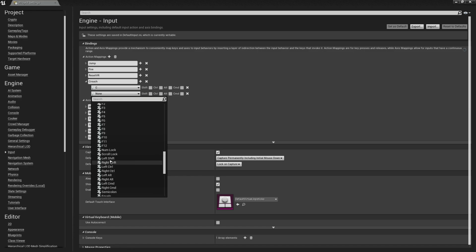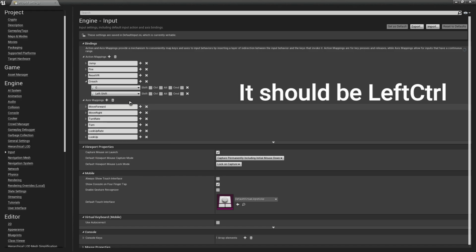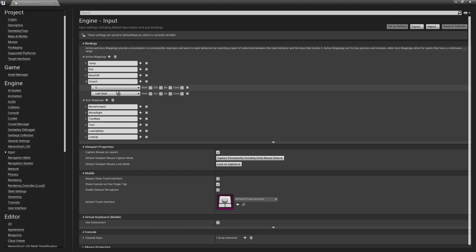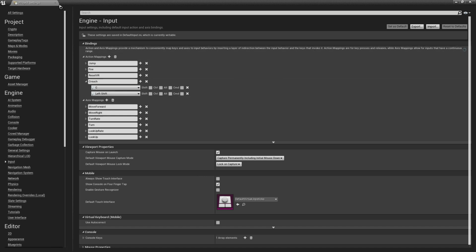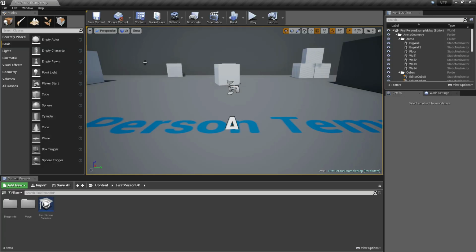So here we have the left shift. Just add it in under the crouch. After that, just close the project settings.